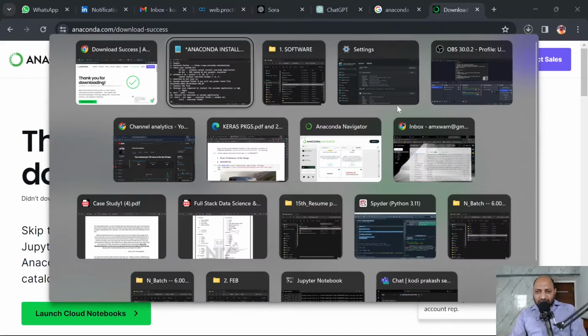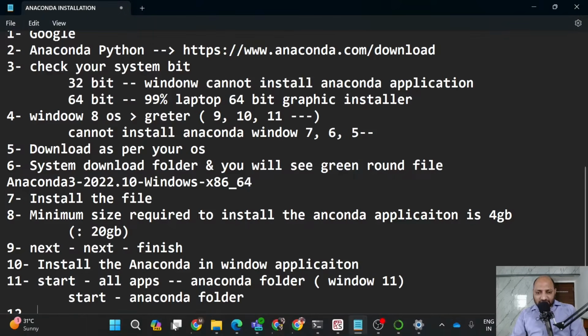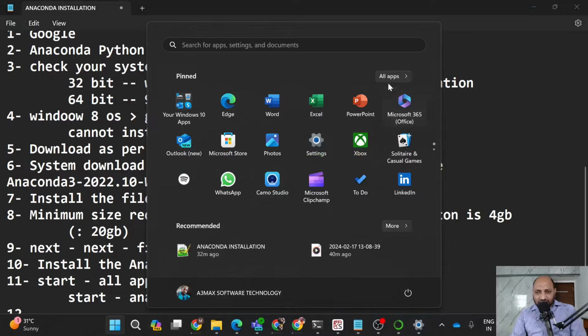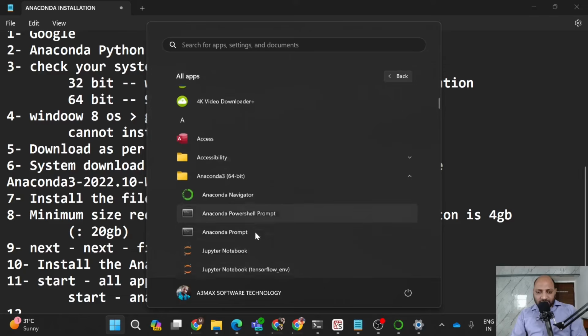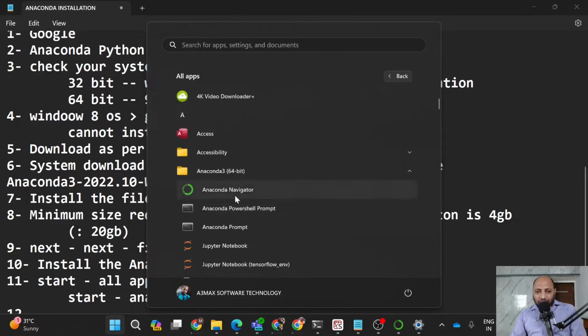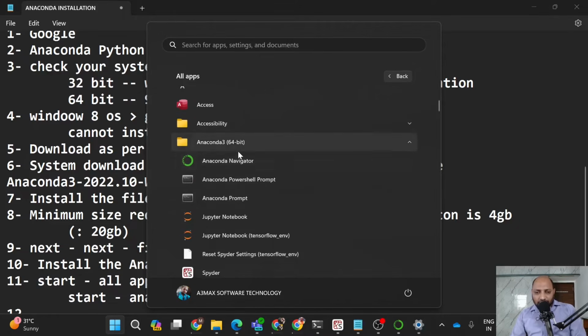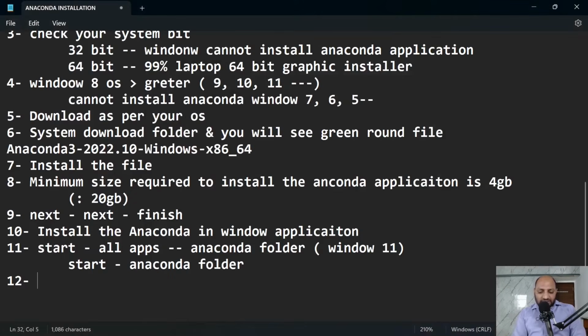So let's minimize. Again, I go up to All apps, Anaconda. Okay, you get three options. When you click the folder and drop down, you get 4 options, because I have already installed many applications in my system. That's why I see plenty, but you get 1, 2, 3, 4. So once you click the Anaconda folder,